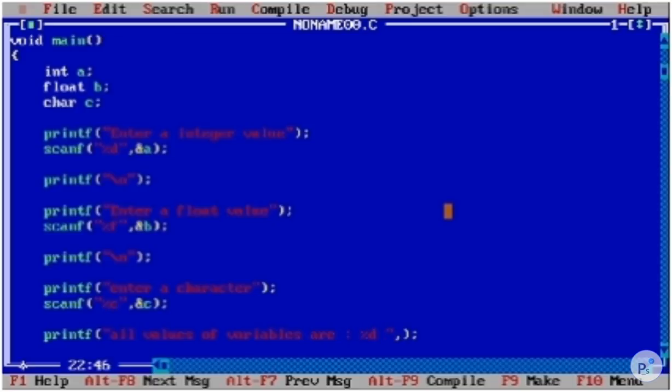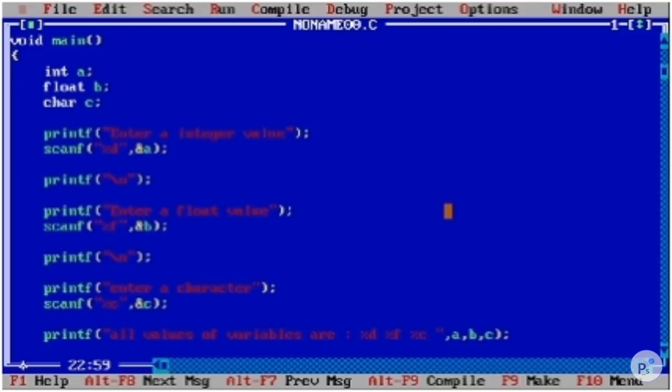Another %f for the float value, and %c for displaying a character. Okay, and here you can simply pass the variables where you have stored the values: a, b, c.